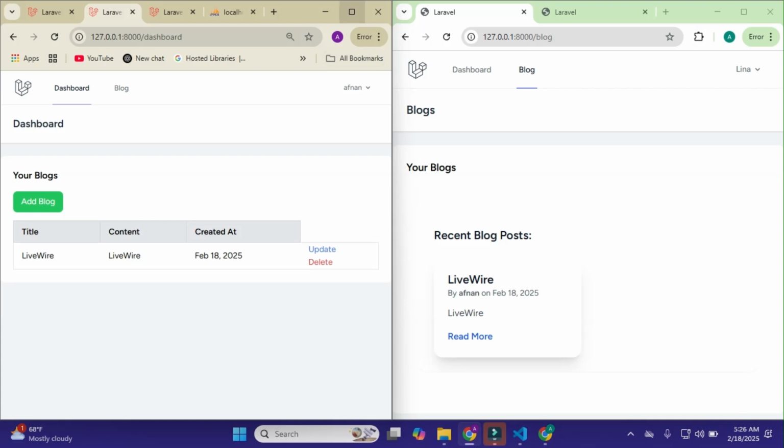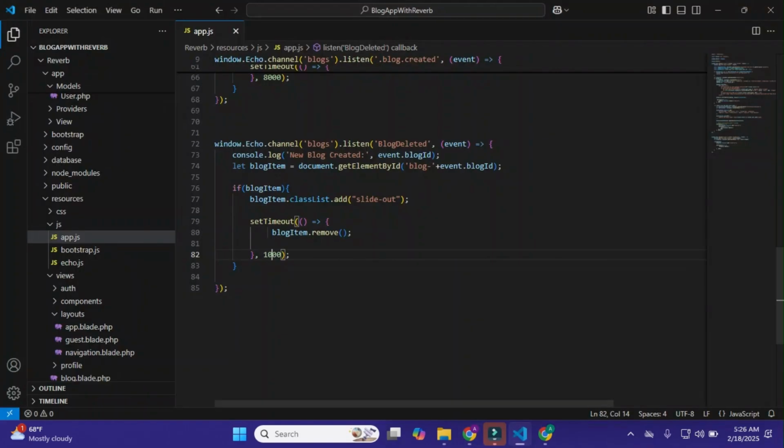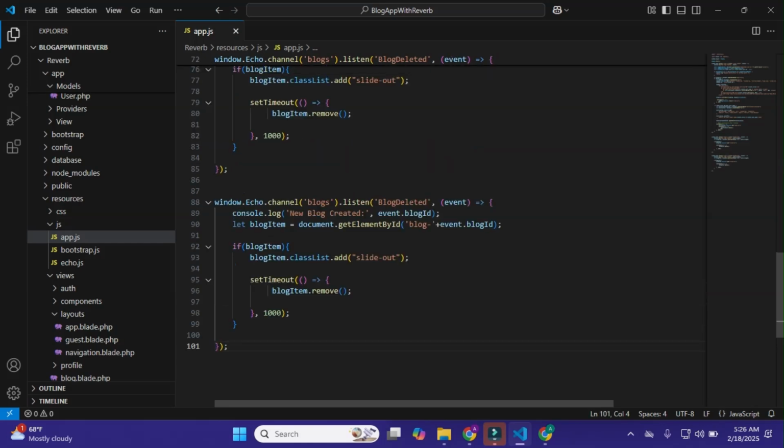So now we are left with updating the blog, and for this I'll go to my app.js file, copy it and paste it here. For this I have this blog, and it is .blog.updated, and we pass in event and console.log blog updated.